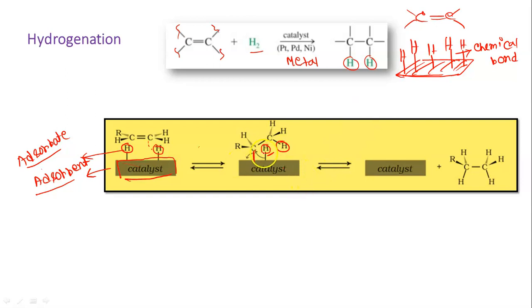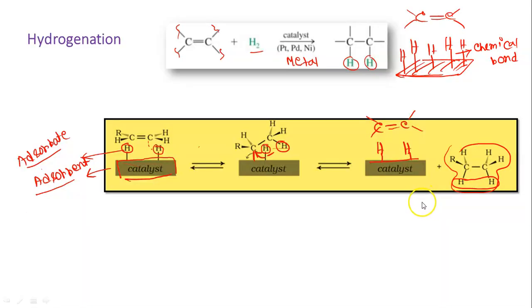Finally, these hydrogens will also be added to this carbon, and finally the catalyst surface is free again. Basically there are several hydrogen atoms already chemisorbed on the surface of the catalyst, and another alkene molecule may come again and there will be another reaction. And remember, this is a heterogeneous catalyst, because the catalyst is a solid surface. So the catalyst and the substance are not in the same phase. That is why it is heterogeneous, not homogeneous. And this is our final product, where both the hydrogens are added from the same side.